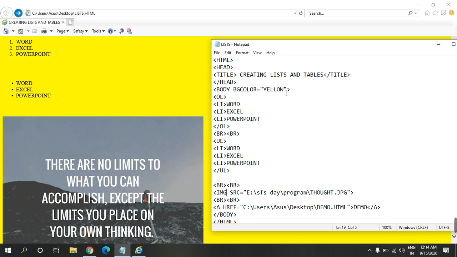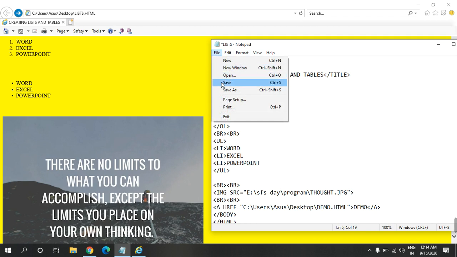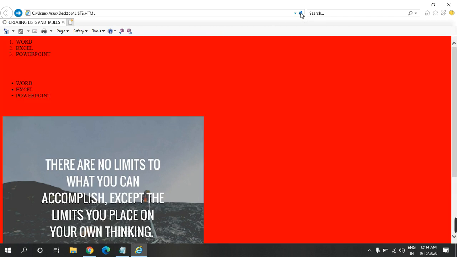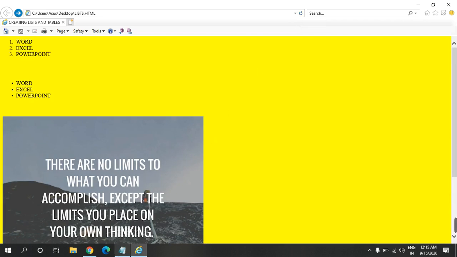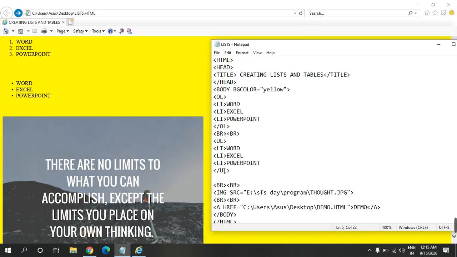So now let us change this color from yellow to some other color, we can give red, and we have to save it again, and we refresh it here. So you may see the color has changed to the red color. So again we may change the color to yellow, and now we save it again and we refresh. So you may see the color has again changed to the yellow color.